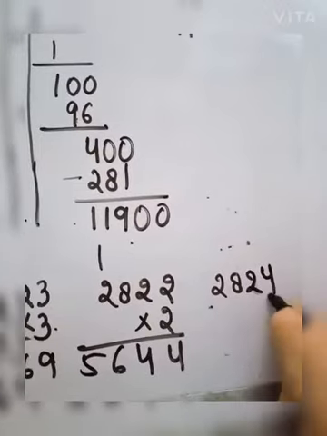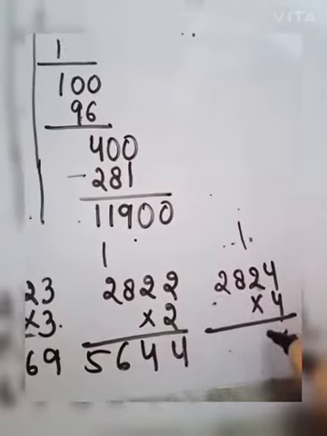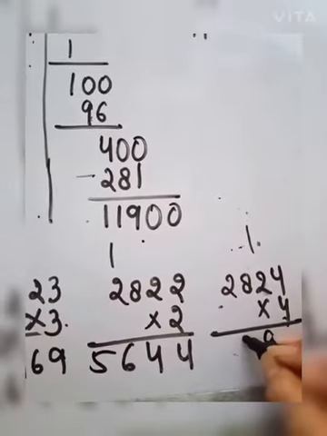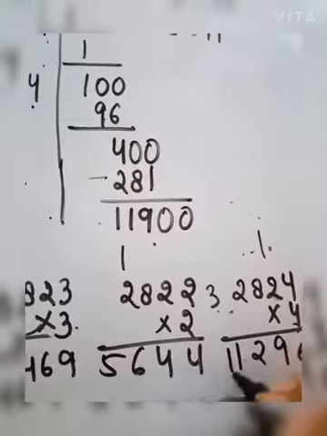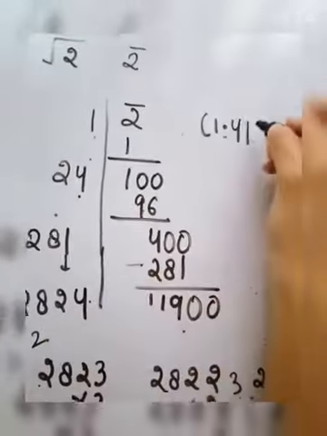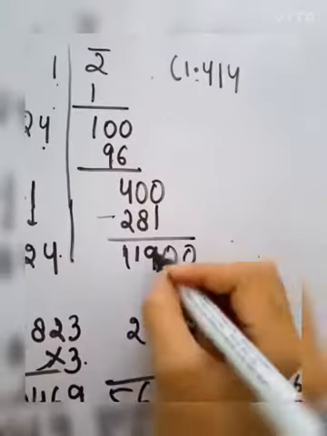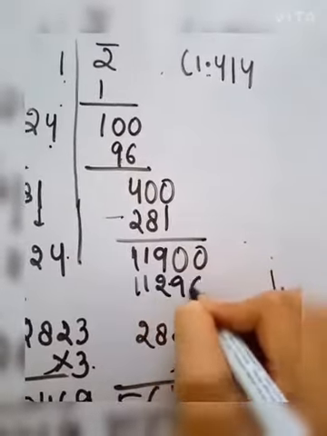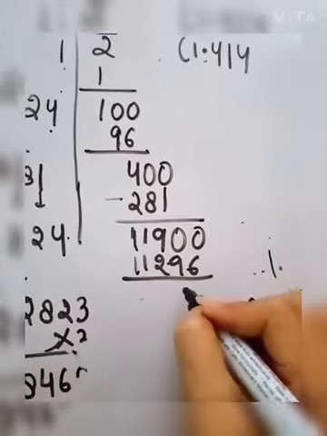Next, 4, so multiply by 4. 4 4s are 16, 4 2s are 8 and 1 makes 9, 4 8s are 32, 4 2s are 8 and 3 makes 11. So 4 4s are 11296. Do the subtraction. You will get